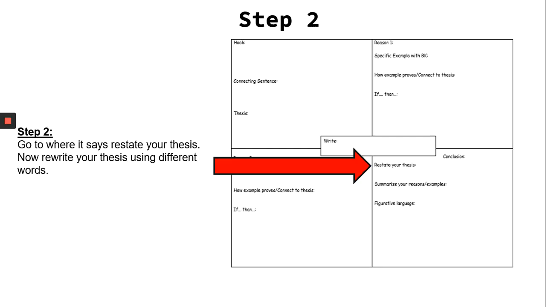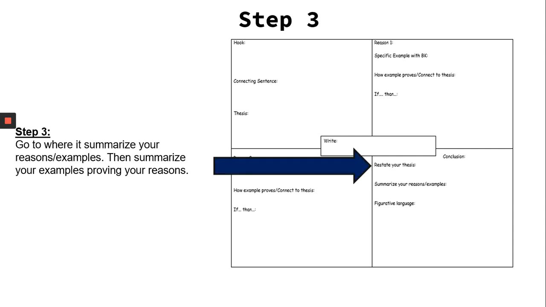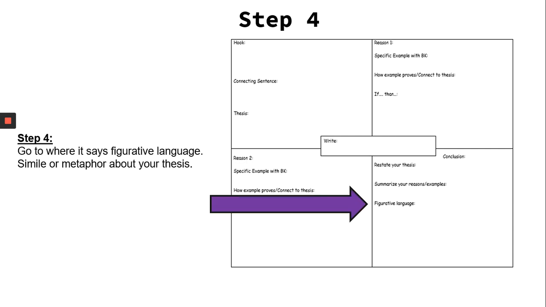Now, next part, step 2, go to where it says restate your thesis. Now, rewrite your thesis using different words. So you're not just going to restate your thesis in the exact same words. Then go to where it says summarizing your reasons, examples. So summarize your examples, proving your reasons. This is one sentence, okay? Now the last step, go to where it says figurative language, and you're going to use a simile or metaphor